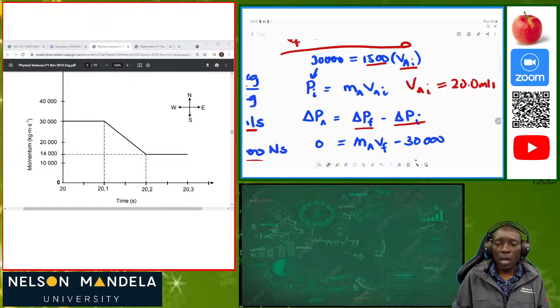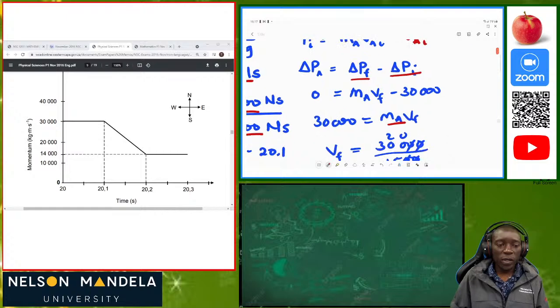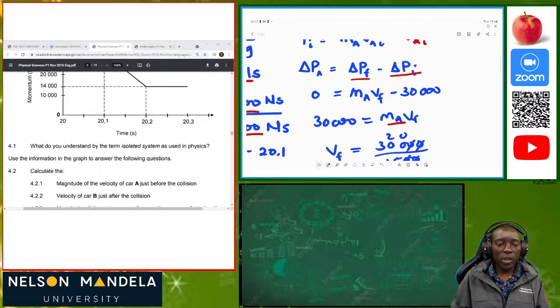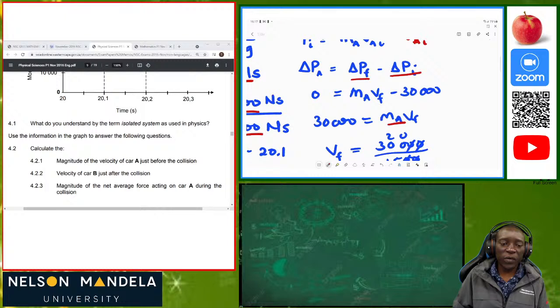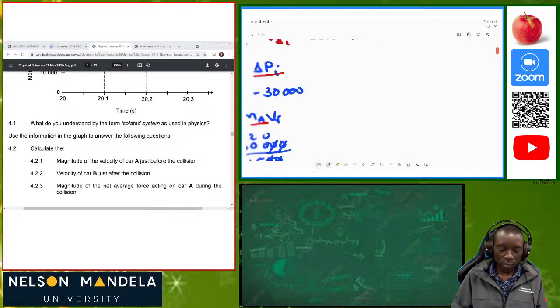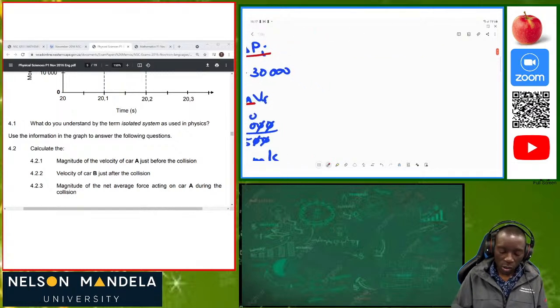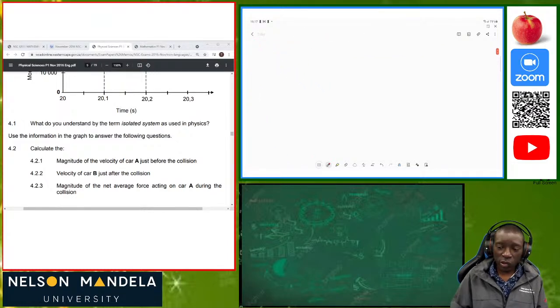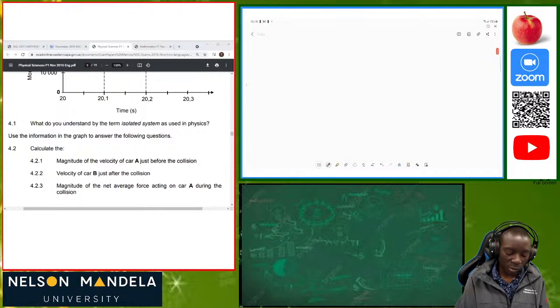Okay. So that's the first part, 4.2.1. 4.2.2 says velocity of car B just after the collision. So after the collision, what do we know about car B? We know that for an isolated system, momentum is conserved. There is no net external force, or the net external force is 0 for this system like we defined. So momentum will be conserved such that